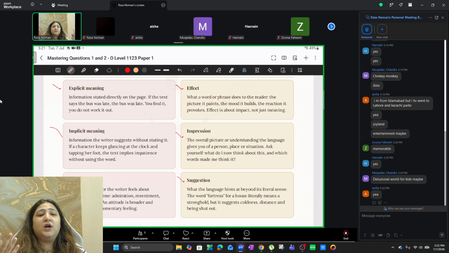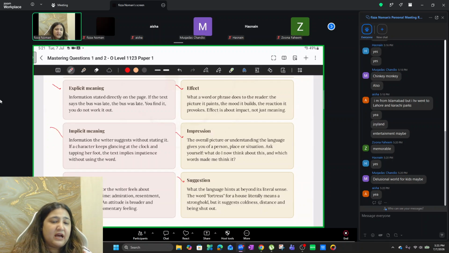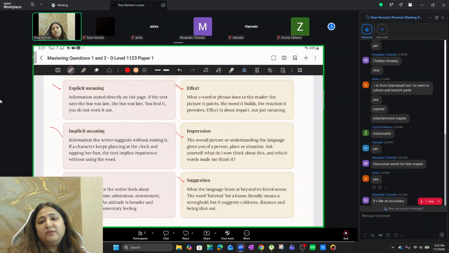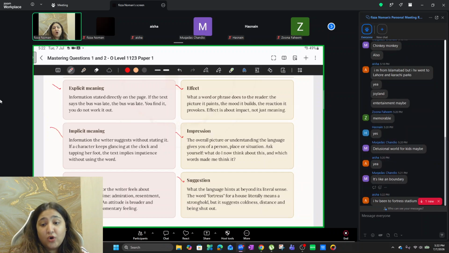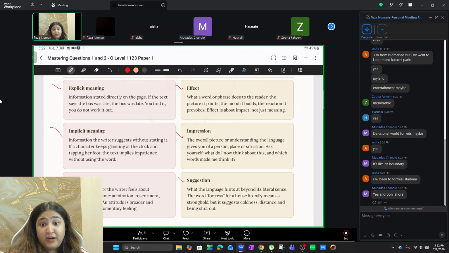What is the literal meaning of the word fortress? A fortress is not like a palace, is it? Anyone who has been to Lahore, particularly, I will not be. When it comes to Karachi or Islamabad, you probably have not seen a lot of historical places as opposed to people in Lahore, because we literally have the very Mughal history, and its very stronghold here, which is the Lahore Fort, right? So Fortress Stadium as well, very good, not bad. And through Lahore, good job.